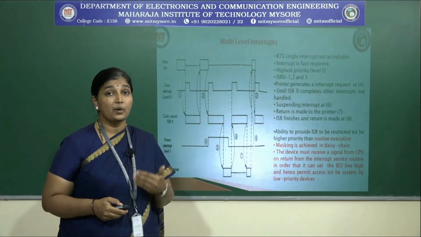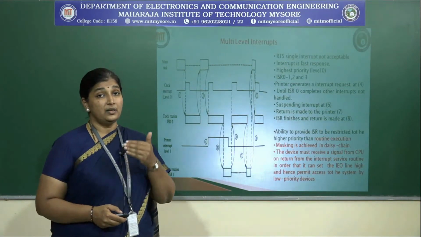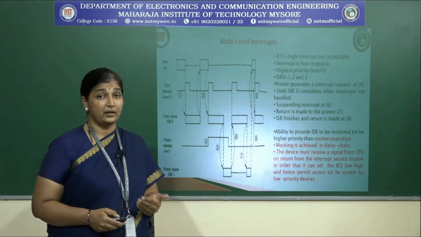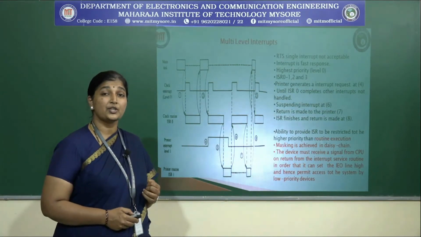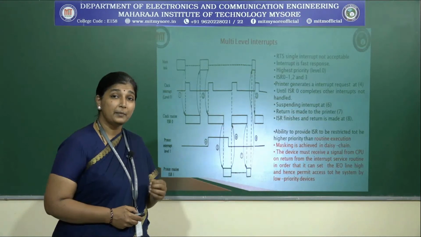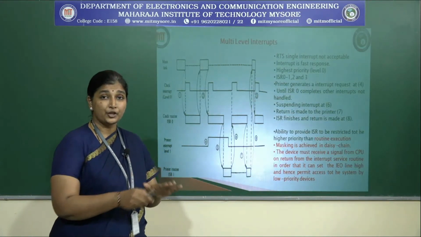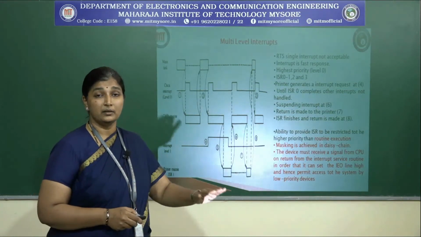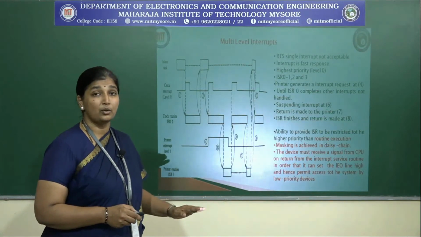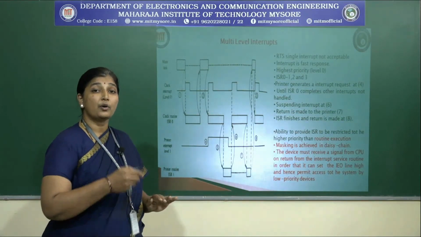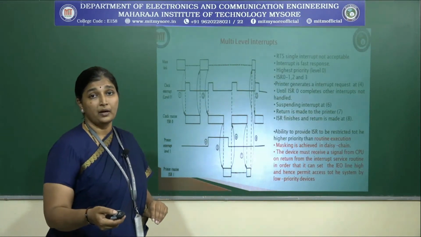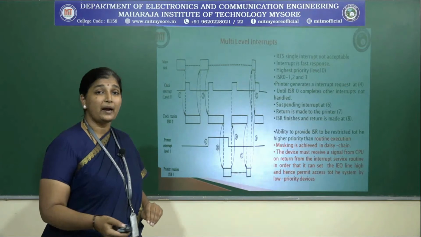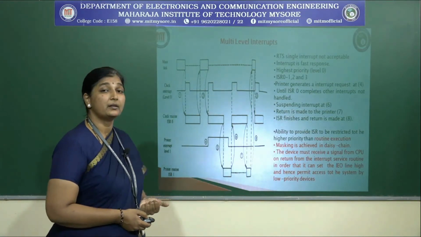To make the CPU understand which is the highest priority interrupt, there is what is called masking. Masking is one such software mechanism which makes sure that it masks all the low priority interrupts, but also any unduly happening interrupt action could be handled with the help of masking.